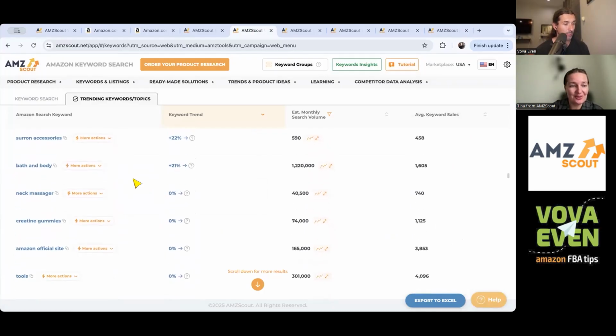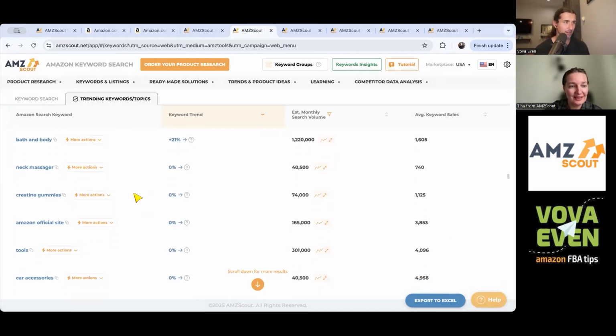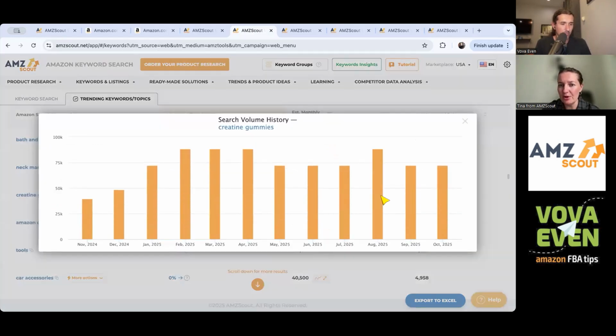Ooh, creatine gummies, interesting. Creatine is like a food supplement, sometimes for people who train or maybe some other things. I didn't know there's gummies for creatine. Usually it's powder, so it's very cool. It must be something maybe new, maybe not, I don't know. First time I'm hearing of it though. It's some kind of idea. It doesn't have any traction in terms of growing in the last couple of months,